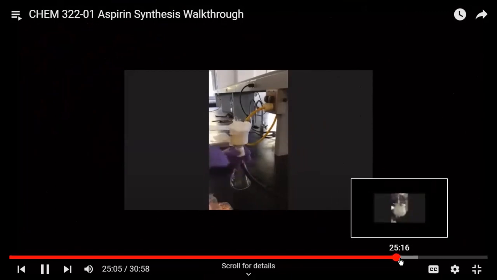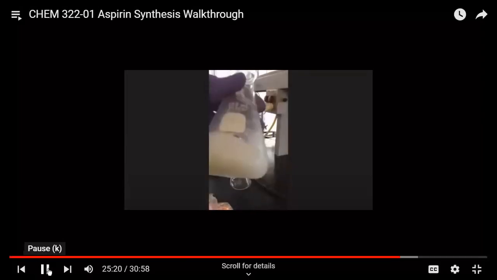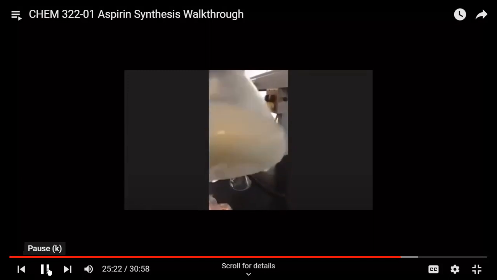So let's continue to take the aspirin out of the ice bath and swirl it around a little bit to get it off the sides and all that stuff. And let me see it before you filter. So this is what you want right here. You want your aspirin to be a white crystalline solid, right? And so since we have that, we're gonna